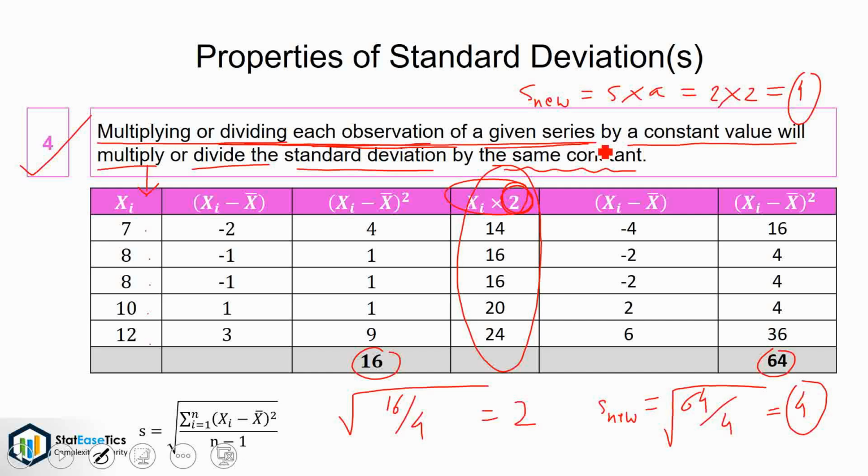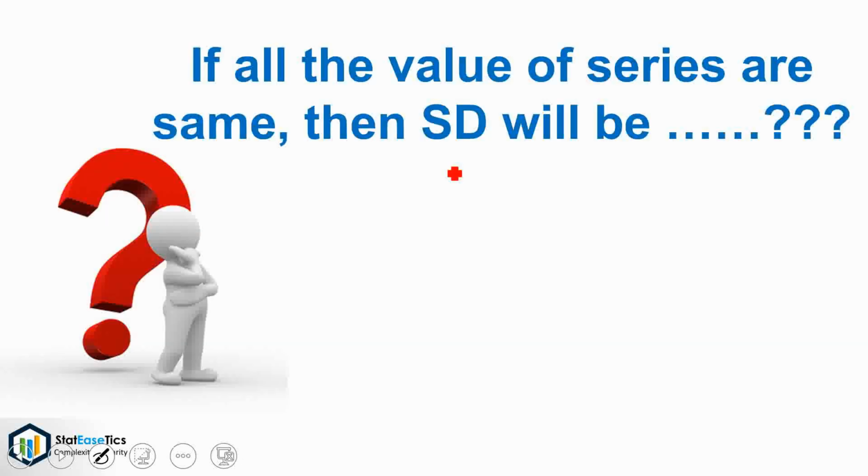From this, we can say that standard deviation is dependent on scale, that is, multiplying or dividing each observation in a given series would affect standard deviation. If all the values of a series are the same, then standard deviation will be